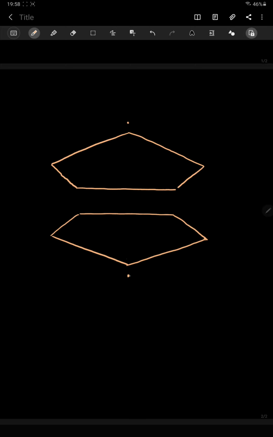Just try to join the newly taken corner with this pentagon. Let's join it again. Right. Broken line represent that it is away from us.